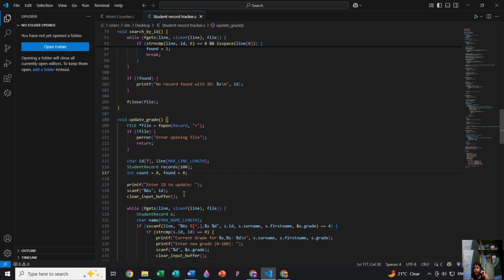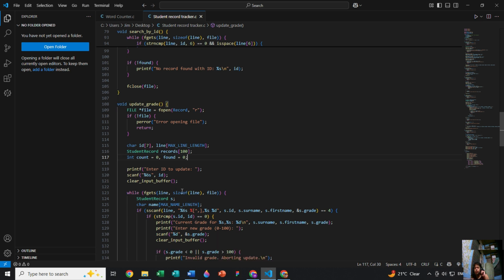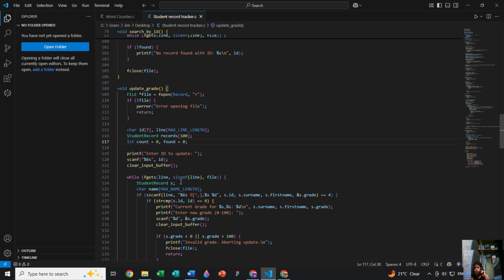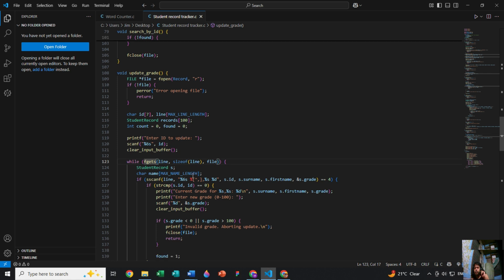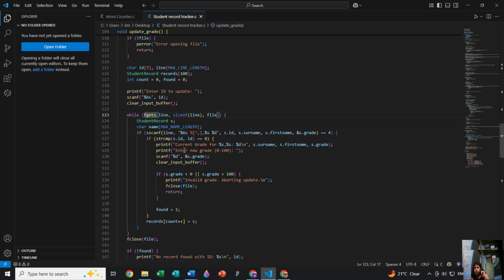And so for the printf, enter ID to update. It will prompt the user. Then once the user inputs the correct ID, it will scanf, and clear the buffer again, so scanf doesn't interfere with future operations of the code. Then if the matching ID is found, it will then prompt the user to update the new grade.